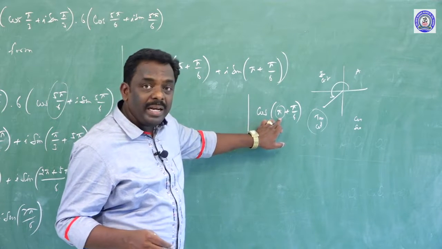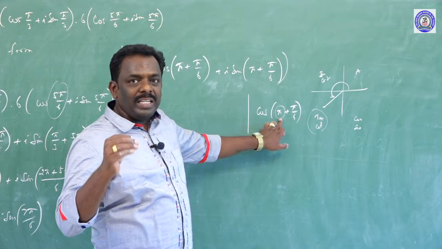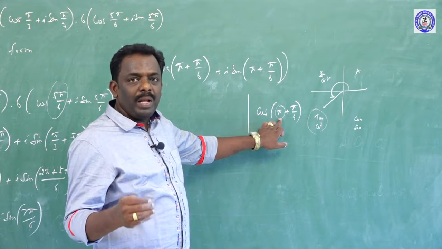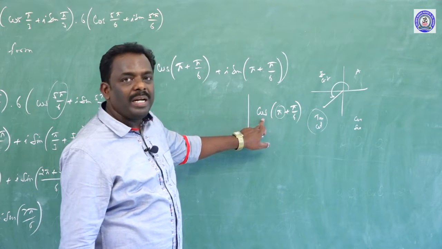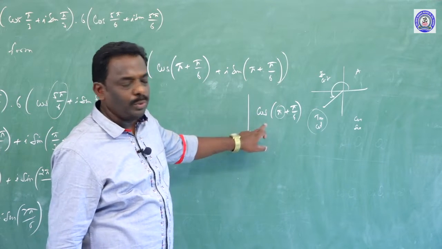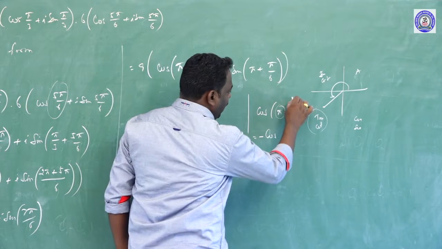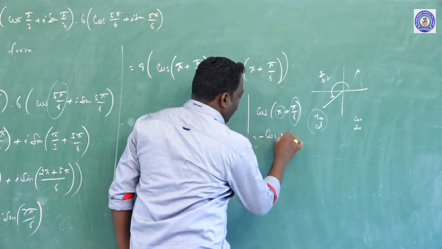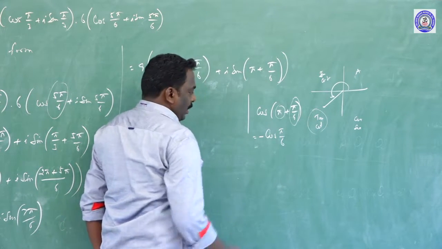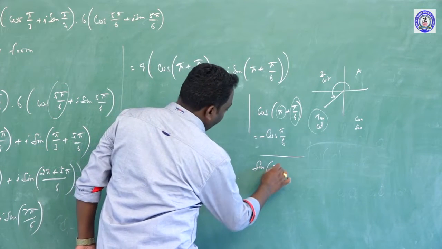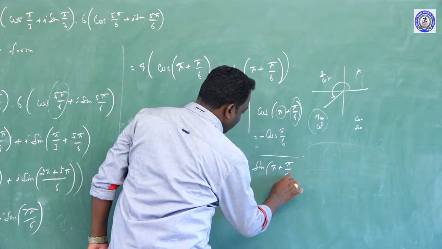If it is a complementary angle, what is that? The sum is 90, that is pi by 2, 3 pi by 2, 5 pi by 2. In that case, write the complementary of the trigonometric ratio. Therefore for supplementary, cos is again cos. Here theta equals pi by 6. Okay, similarly, next one, sine of pi plus pi by 6.